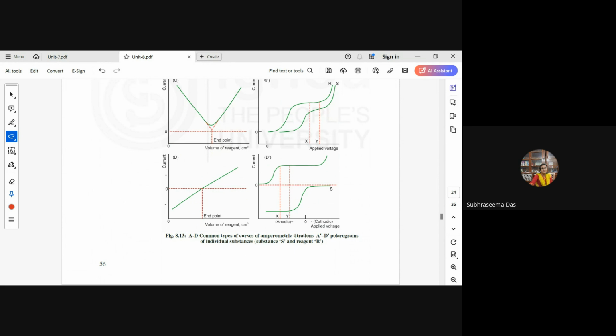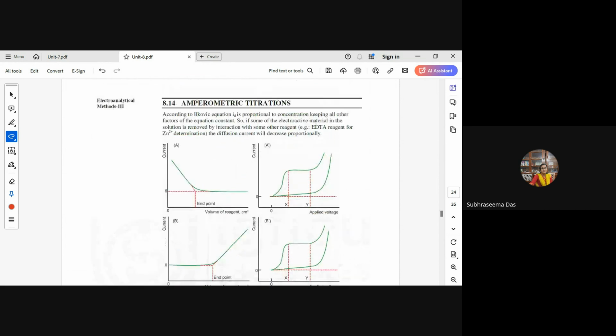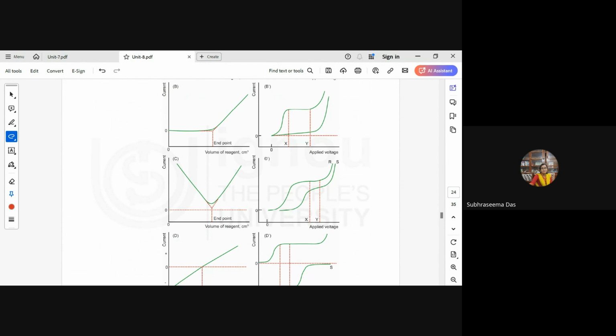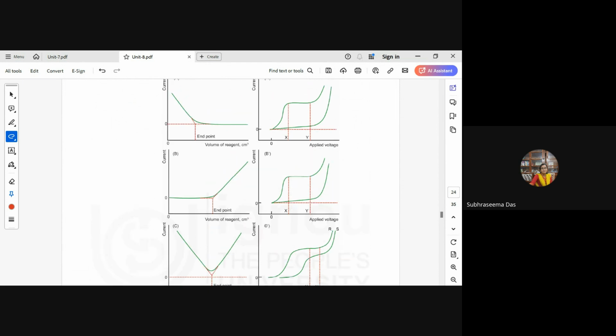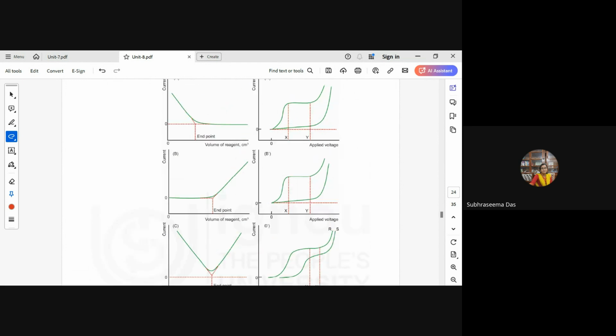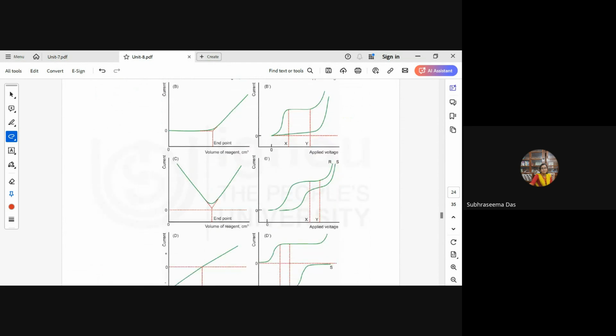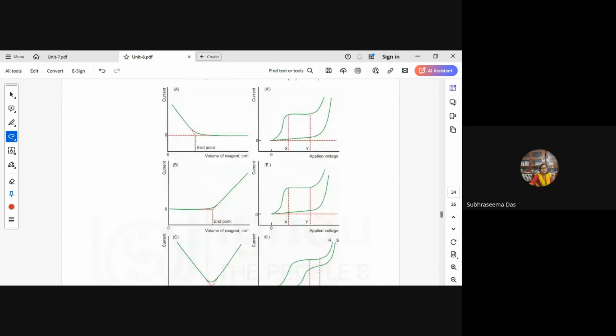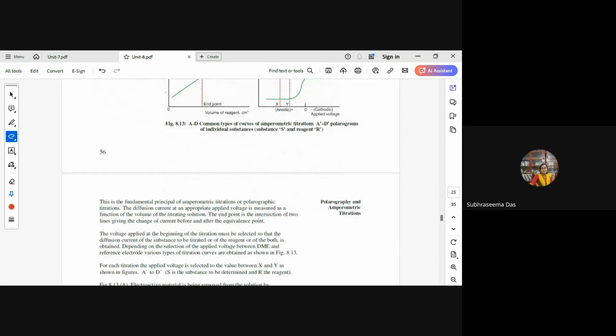and A' to D', they represent the polarograms that have been represented here. The figures A, B, C, D represent the current versus volume plot, which is the amperometric titration plot, and A', B', C', and D' represent the current versus applied potential, that is the polarograms for the respective titration plots. So now this is the fundamental principle of amperometric titrations, which are also called